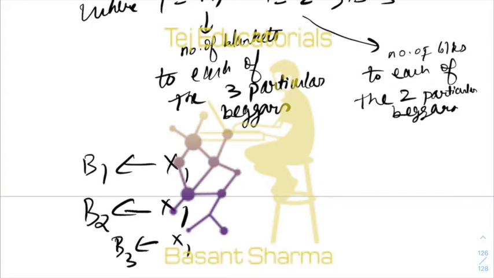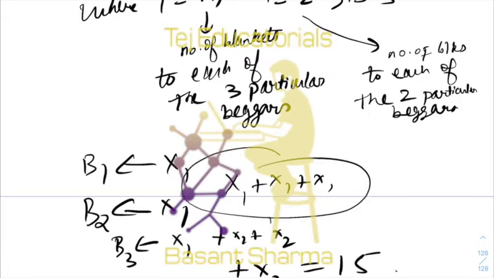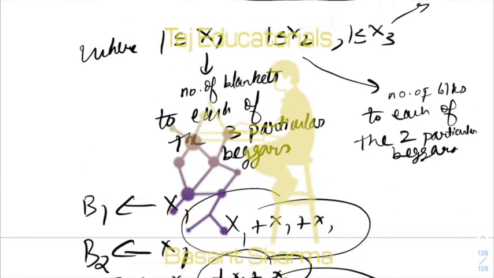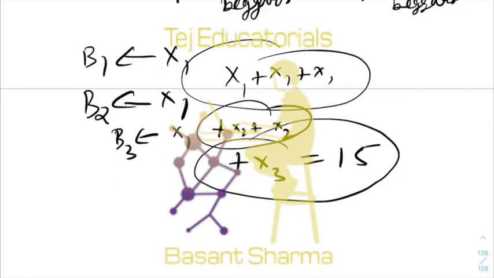So basically what you are doing is you are finding the number of solutions to this equation. Okay, this is nothing but 3x1 plus 2x2 plus x3 equal to,